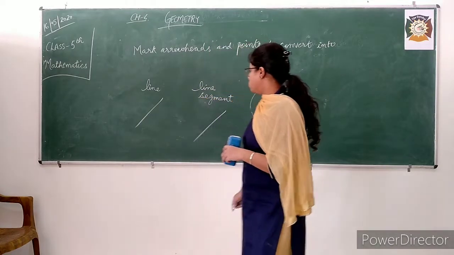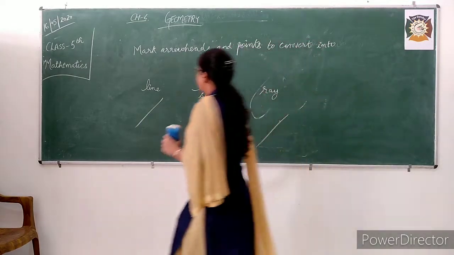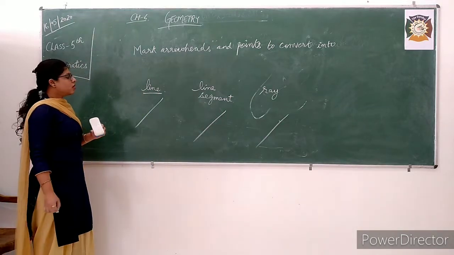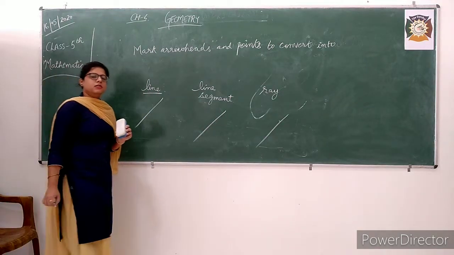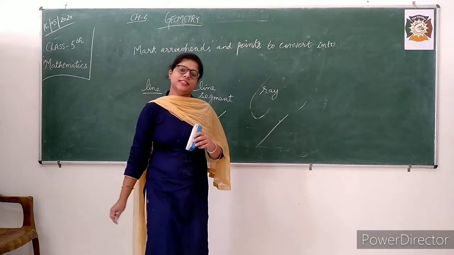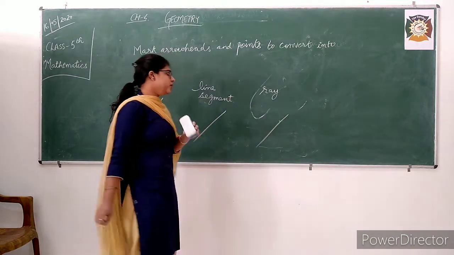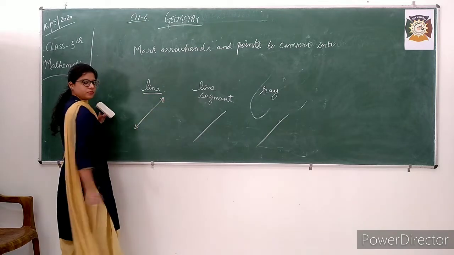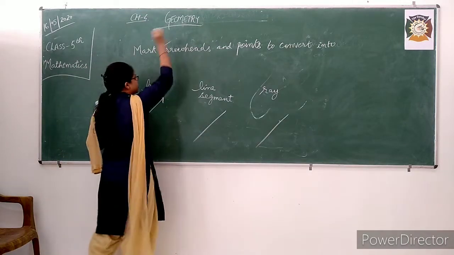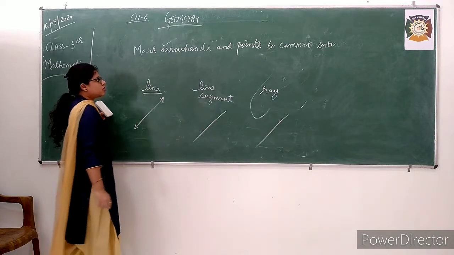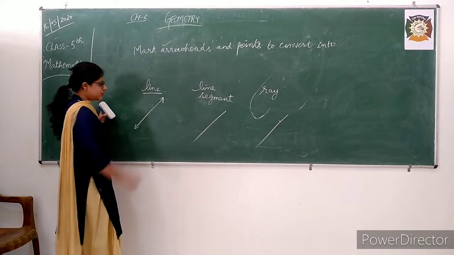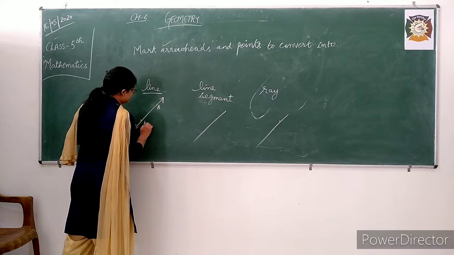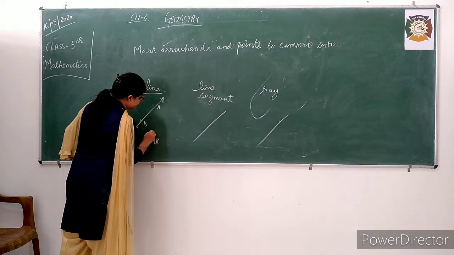points. So in the first part you have to make a line. You have to convert it into a line. Remember the definition of a line. A line has no fixed length and no end points. So arrows will come here. Okay, this work is done. We have marked the arrowheads. Next you have to mark points. So you can mark points here, point A and point B. With this it becomes line AB.